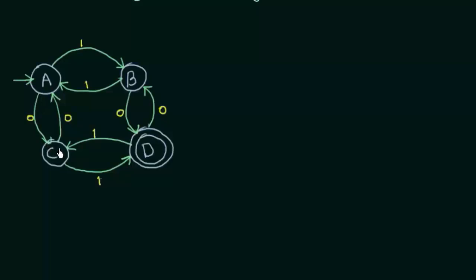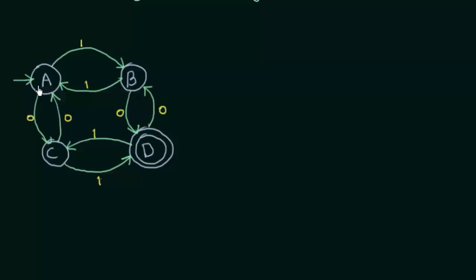Okay? And let's take one more example. Suppose I'm in state C and I get input 1. So where do I go? I go from C to D. And in D, if I get input say 0, it goes from D to B. So that is how the transition occurs. These labelings of the edges are our inputs and the circles are our states. So it shows how the state transits from one state to another on getting certain inputs. Okay, so that was about the states and the inputs.